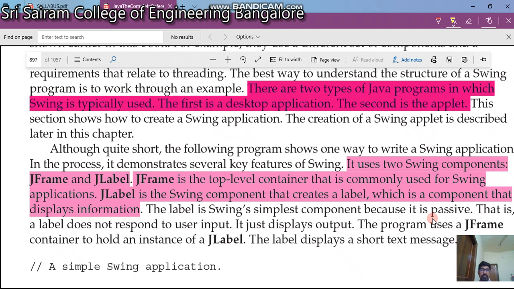So I repeat, in the coming program we are going to use two Swing components: JFrame is a container and JLabel is a component that displays information on the screen. Let us see how we can do this.